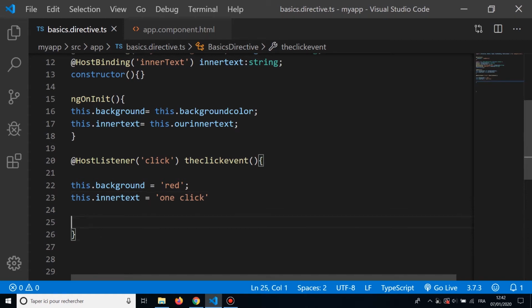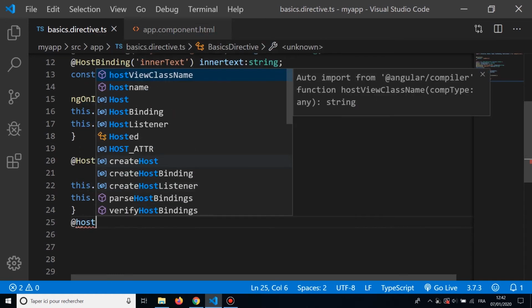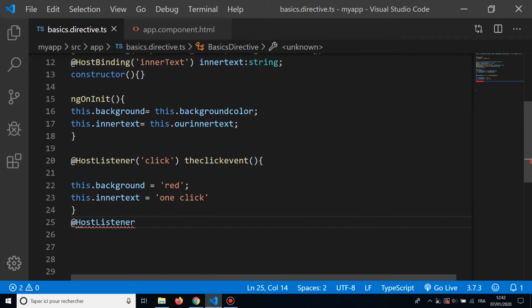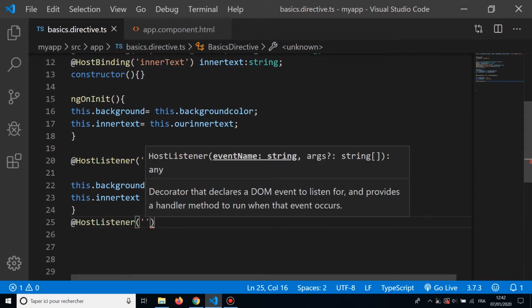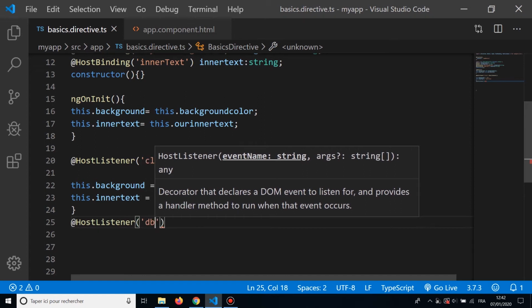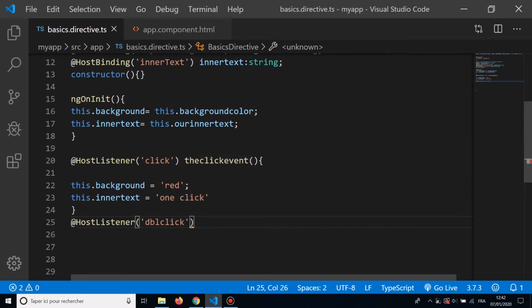And we're going to add another HostListener, parentheses, quote, and we're going to use the double click. So dblclick, and we're going to call this function the double click event. Parentheses, and